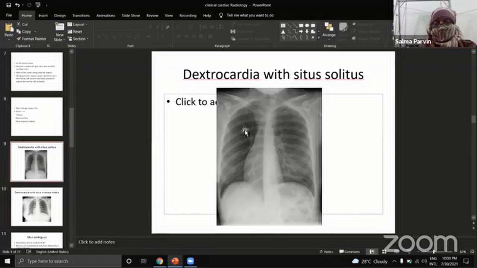And this is a chest x-ray where the heart is on the right side, but the gastric shadow is containing air under the left dome of the diaphragm. If you have any confusion about why this is a gastric shadow, this is another chapter we can discuss later. This large soft tissue area is